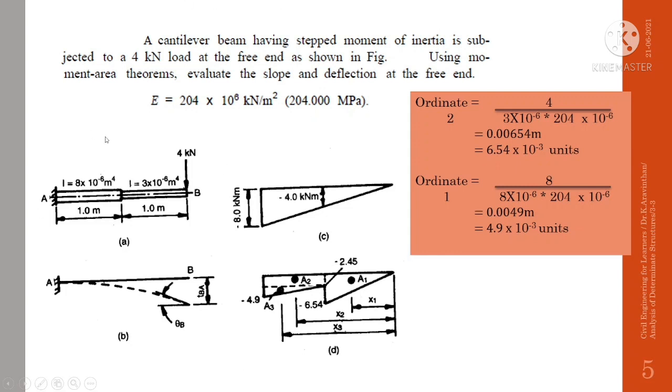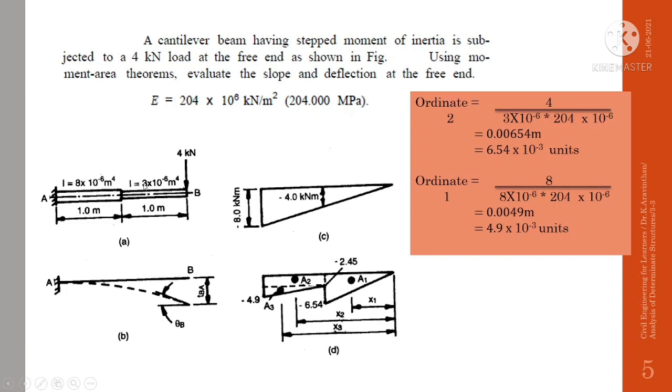Let us go to the next cantilever beam. In some cases, there might be a stepped span. So your span might not be a single depth, it might have different depth. So you can see a beam here which is having a support of A and which is fixed, and at support B you are having a point load, and in between that you are having two different depths of the section. So one section is higher depth and another section has less depth, and hence the moment of inertia changes.